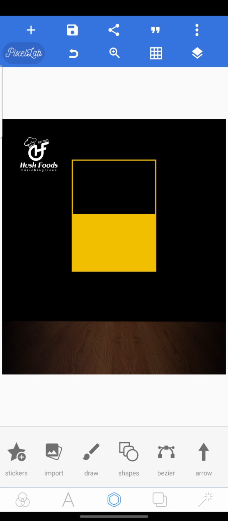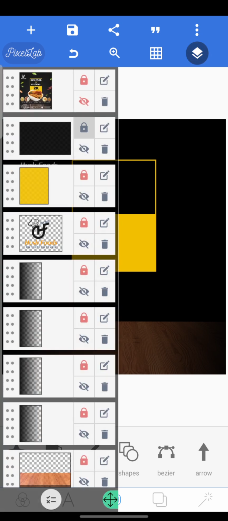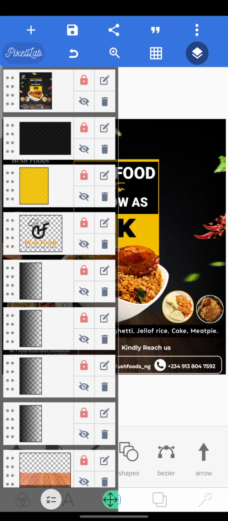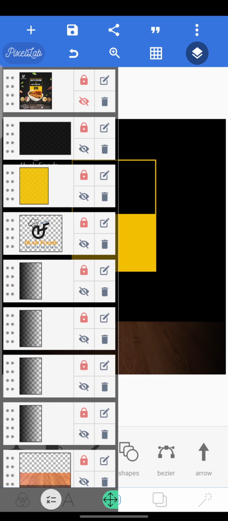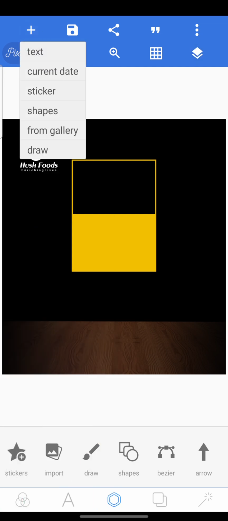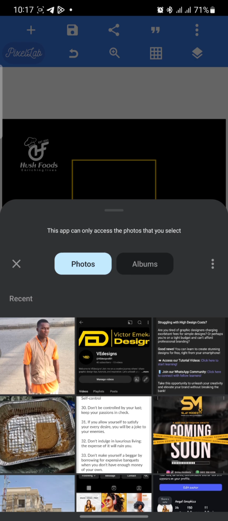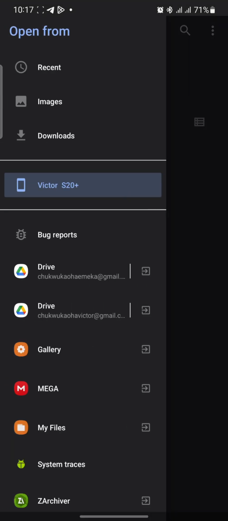I think now it looks much better. See, you guys can see it. It looks much better now, although it's not in the exact position. So we'll be moving over to the next step,